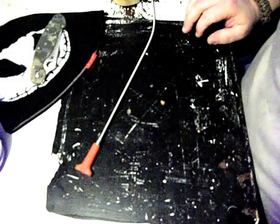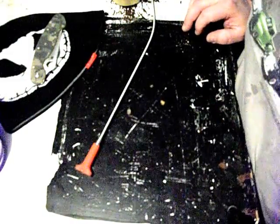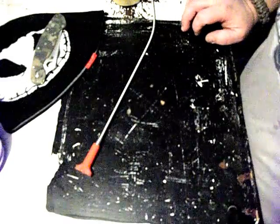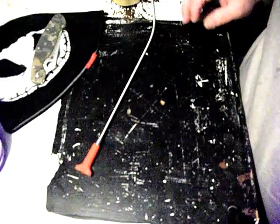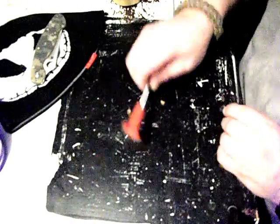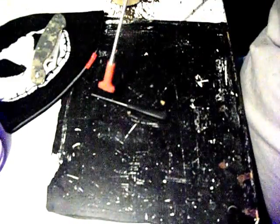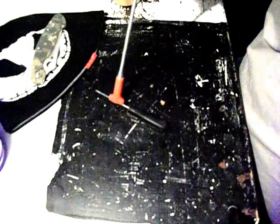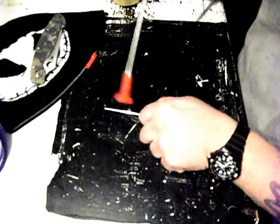Now what a grabber does, you gotta find something a little magnetic here. Do I have anything magnetic? Maybe this will work. Should work. The front of it has a magnet on it, so you can go down into that spot where you couldn't get your hand and pick it up. And if it's heavy enough and you can't lift it out,